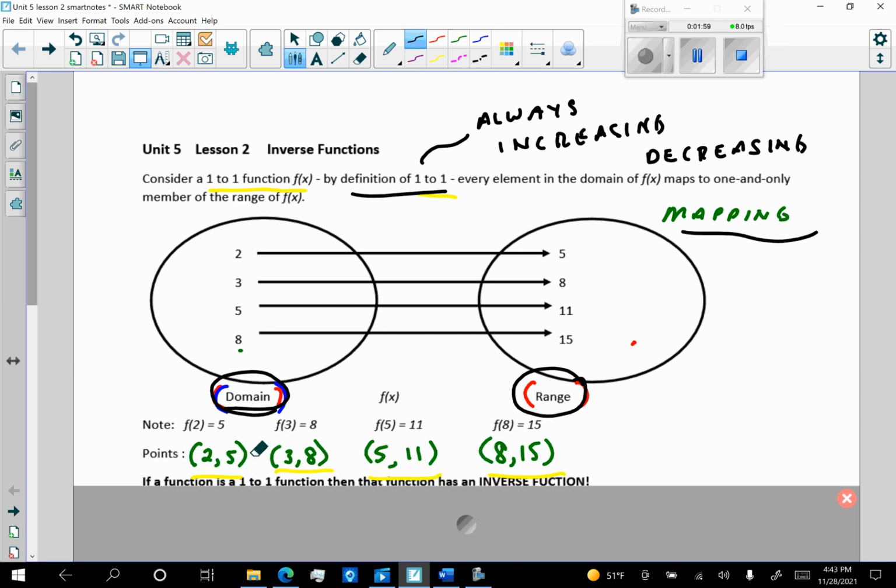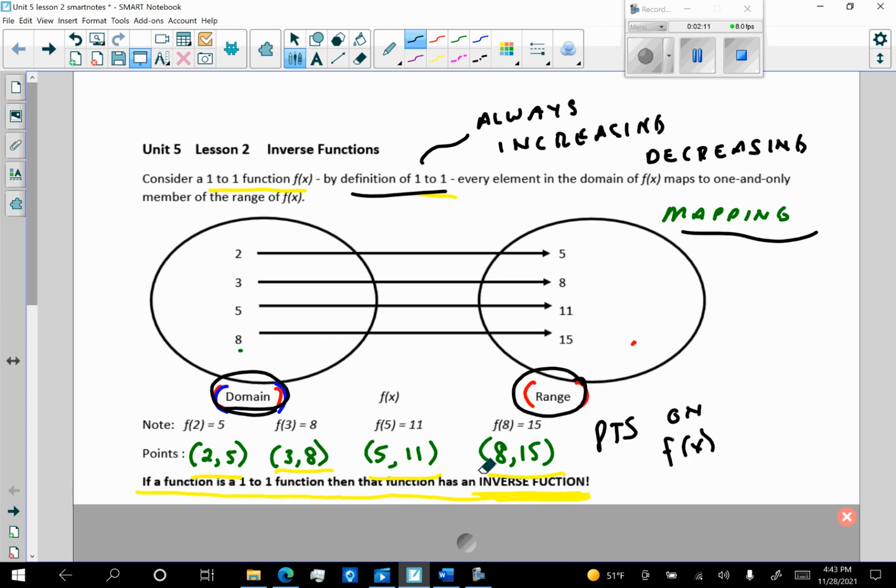And here are our points: (2, 5), (3, 8), (5, 11), (8, 15). These are the points on f of x. These are the points on that function. And it is a one-to-one function because every element in the domain maps to one and only one member of the range. So we can tell that, and if we graph that, we could certainly see that